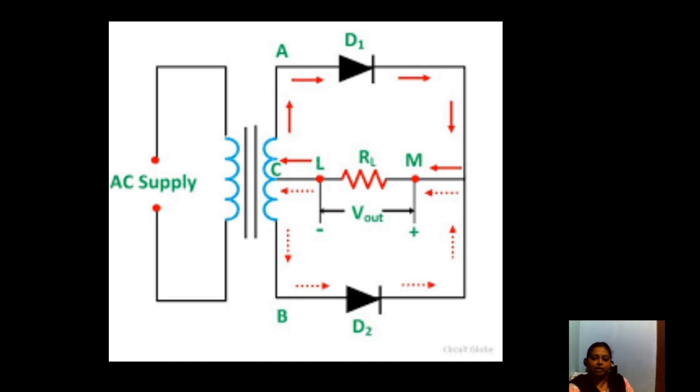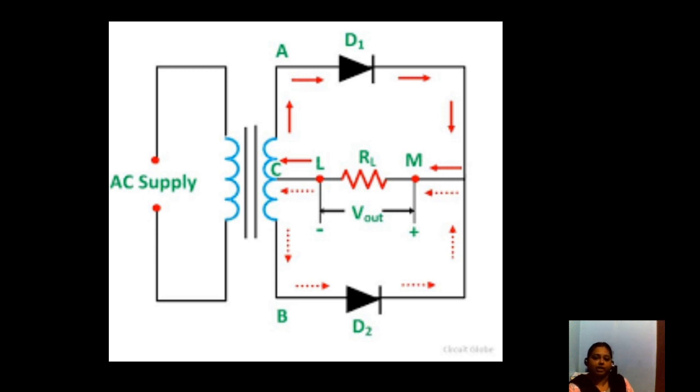What do we mean by center tap? It is an additional wire connected at the exact center of the secondary winding of the transformer, and this connection divides the secondary voltage into two equal halves, one positive voltage and another negative voltage. The total voltage of the secondary winding will be the sum of the positive voltage as well as the negative voltage. And here the two diodes are used